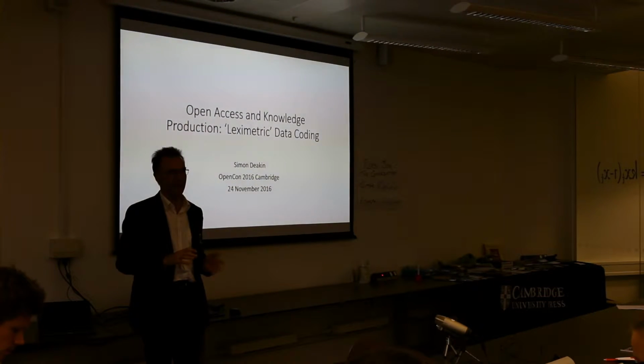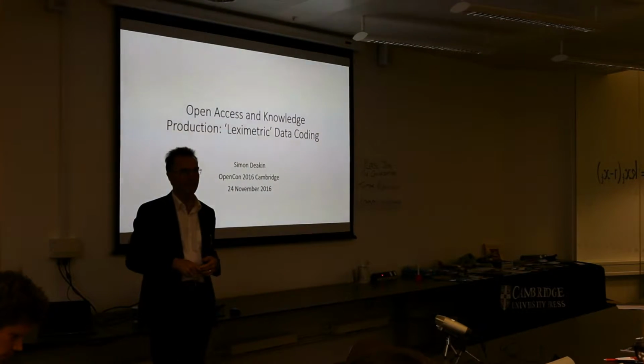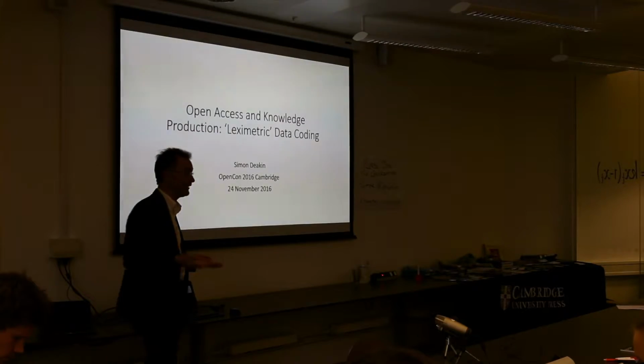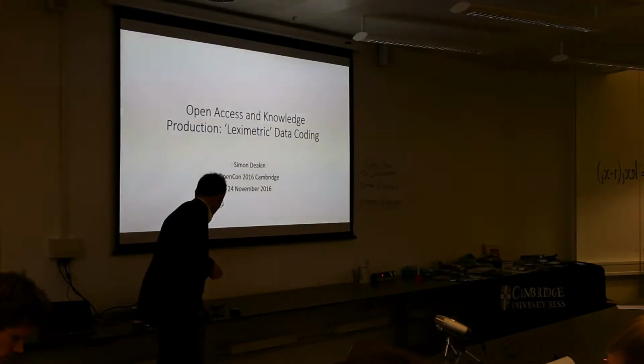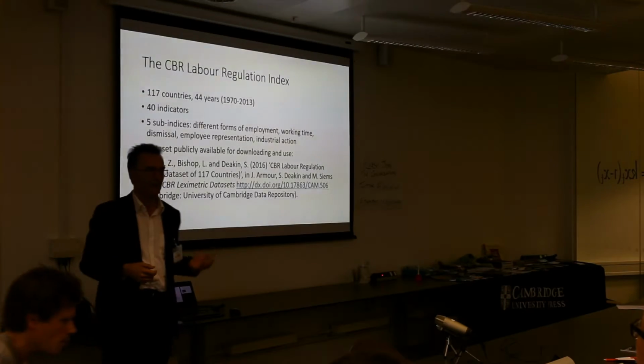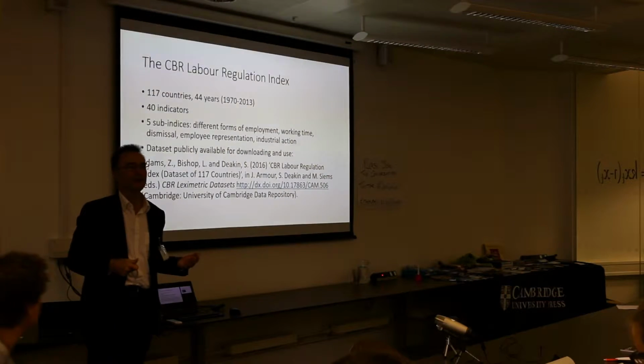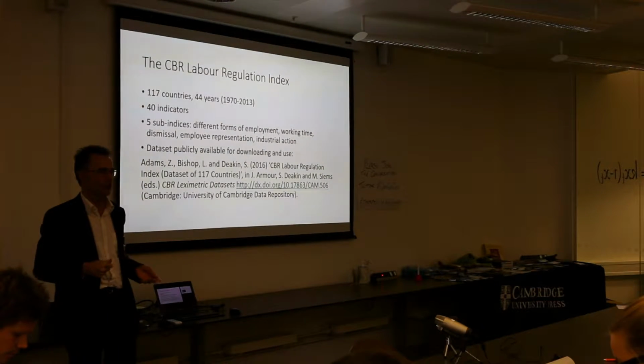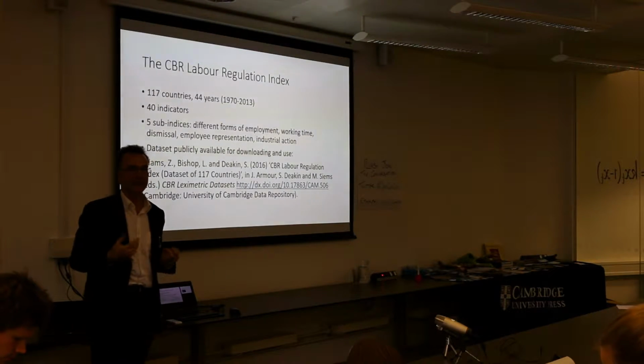I'm going to talk in a moment about how open access helped that, but it may be useful just to put the research into context, to explain what it is we have been doing before we discuss the modalities of the open access. This is a data set we've created. It's one of many data sets which are online on the University of Cambridge's open repository. It can be viewed. What does a data set do?